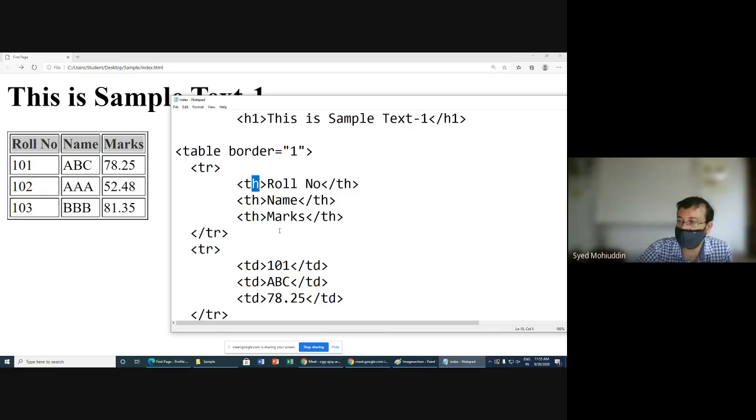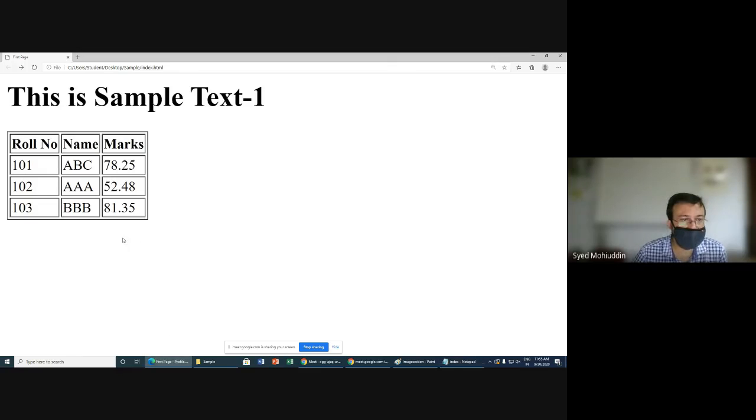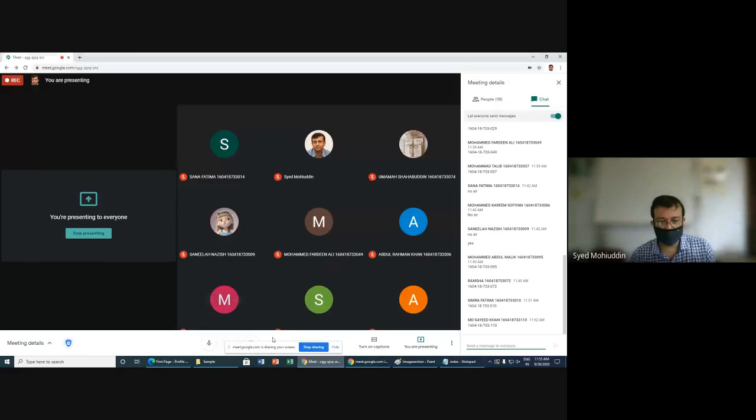The other advantage of using this th tag is when we print the web page. What happens is if there is a lot of data, many rows, some 100 rows. Now you will be able to use a scroller. Just a second. You will be able to just